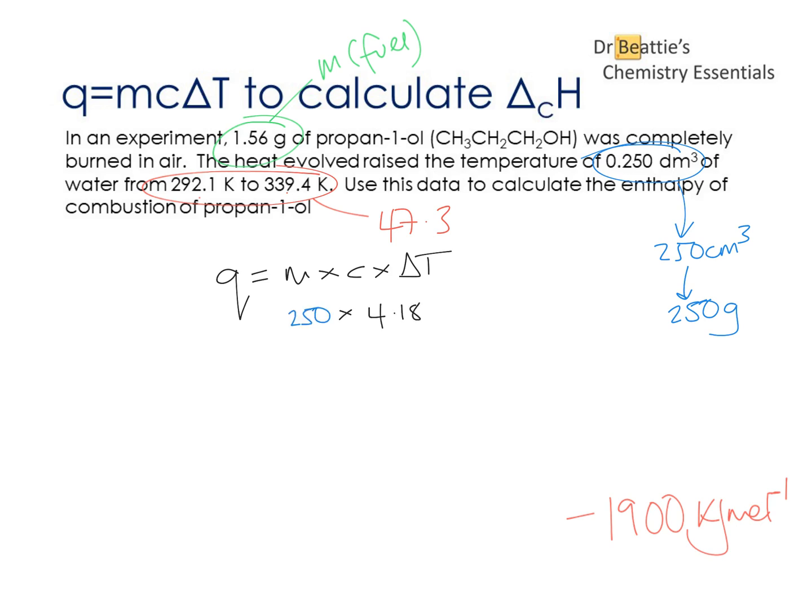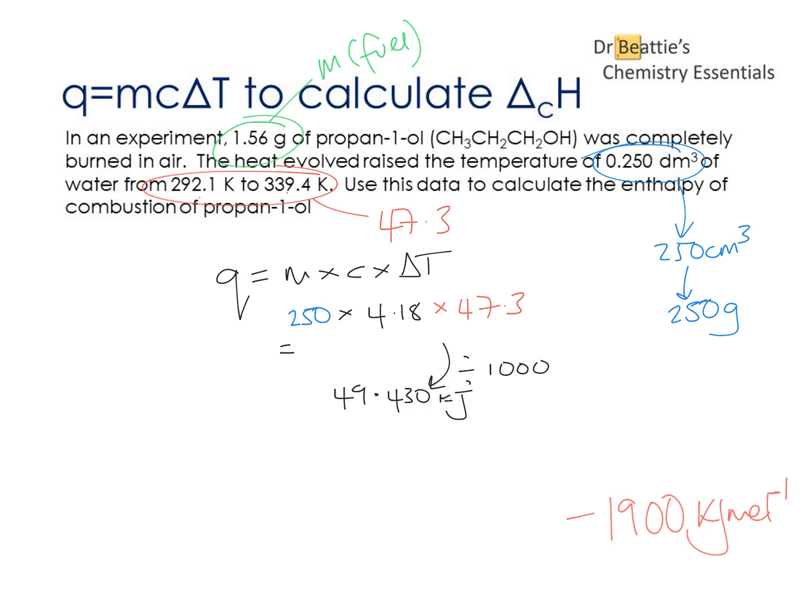4.18 for the specific heat capacity of water. And then, having already worked out the change in temperature, is 47.3. Working this out, that gives us 49,430 joules. We then need to convert this into kilojoules so that we can take it into the delta C